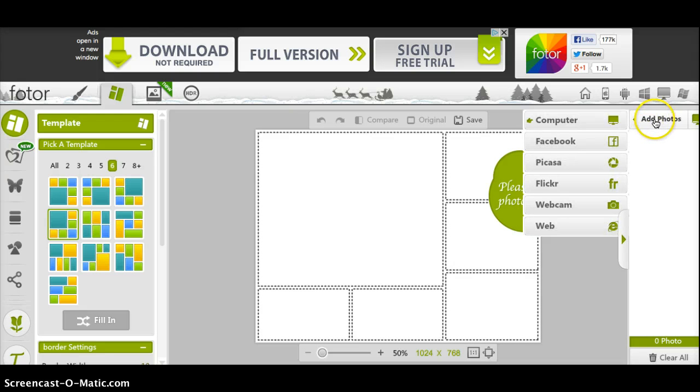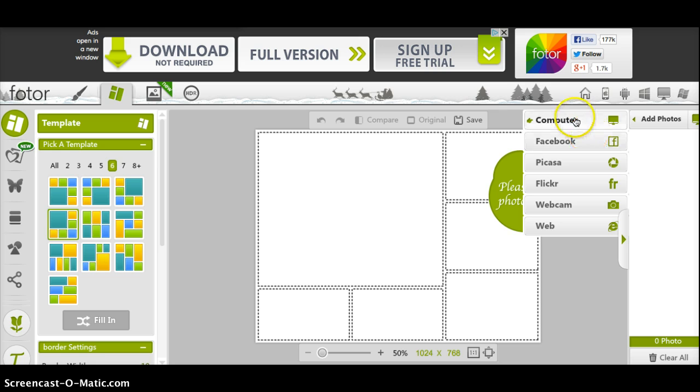But you just click on this Add Photos, and this is pretty neat because it gives you a couple different options of what you can actually pull these pictures from. And so you can connect with Facebook if you want. I believe you have to have an account with the system in order to do that, and then it has to link to Facebook. But of course, you can do Picasa, Flickr. You can take pictures just from your webcam if you want, and also connect and pull images from just a